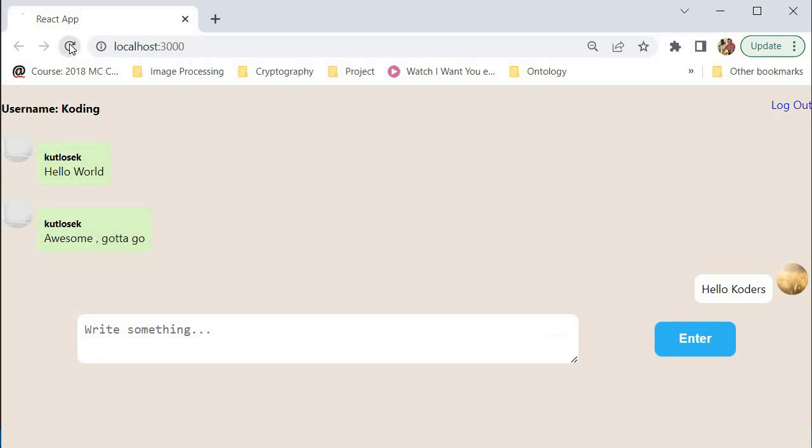And if we were to refresh this page, you will notice that the message stays in there because our application is actually connected to a database that we're going to learn about later on in this project. So you can essentially send a message and have your message appear on your screen. And if we were to open another browser and we were to log in with a different name,